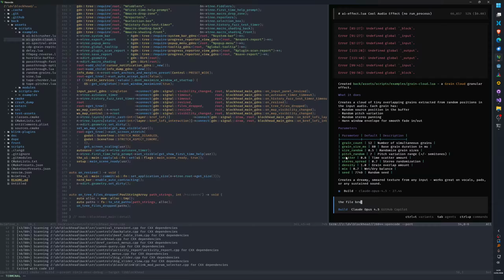the file browser has a context option to show.